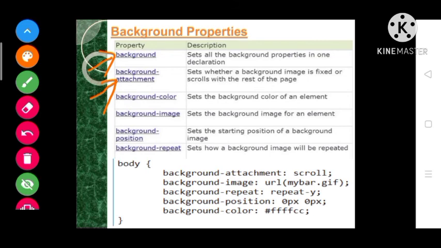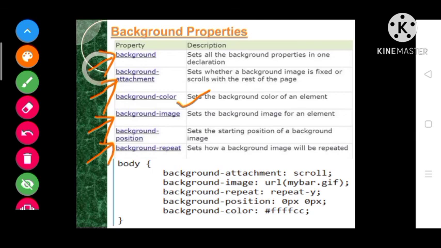Next one is background color. If we want to change the color of the background of the web page, then we can do it very easily by using background color. Next one is background image. If we want to set the background image, then easily we can set it by using background image. Next one is background position.